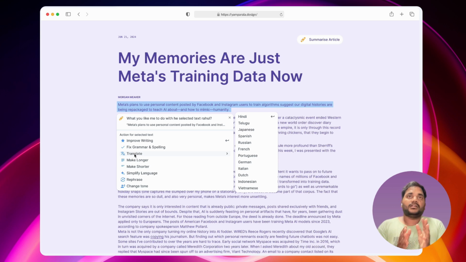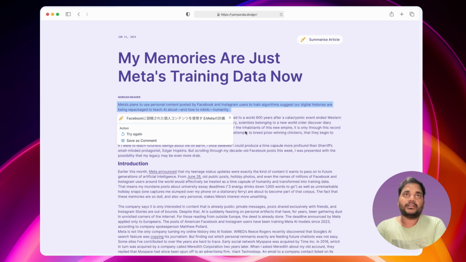As you can see here, when I click on translate, the AI is already aware that the content which is selected is in English. And as I mentioned earlier, when the user creates their profile on the platform, they enter their primary and secondary language. Based on that, translate will show you the options for the primary and secondary language you entered while creating your profile. In my case, there are Hindi and Telugu. And this will be local, dependent upon each individual profile. So for example, if I click on Japanese, it translates that text and gives me some other options, like to try again if I feel that text is not correct.